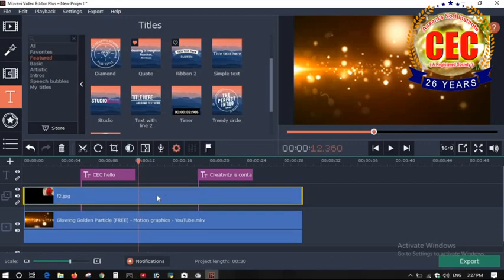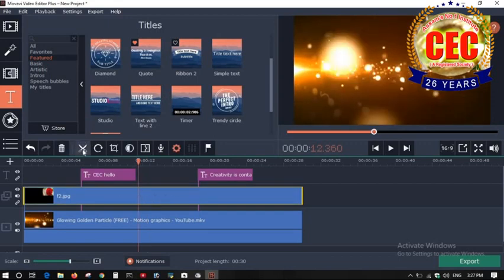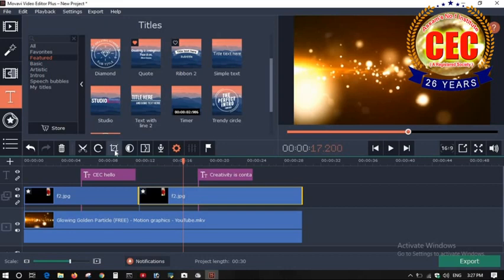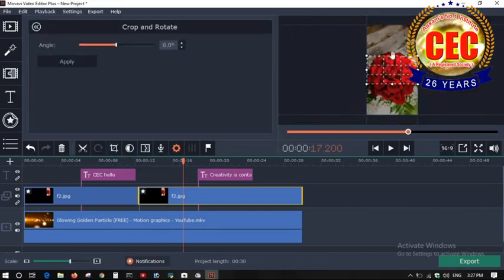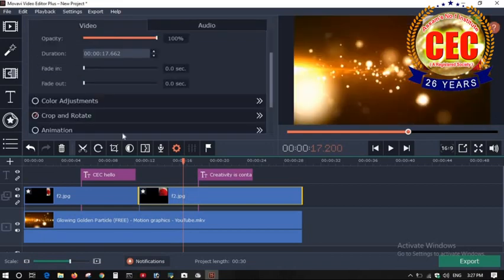If you want to slice, select the clip. Here is the slice option, you can slice here. If you want to rotate the picture, just click the rotate option here. See, it is a rotated picture. If you want to crop the picture, here is the crop option. You just need to adjust the size, then click on Apply.